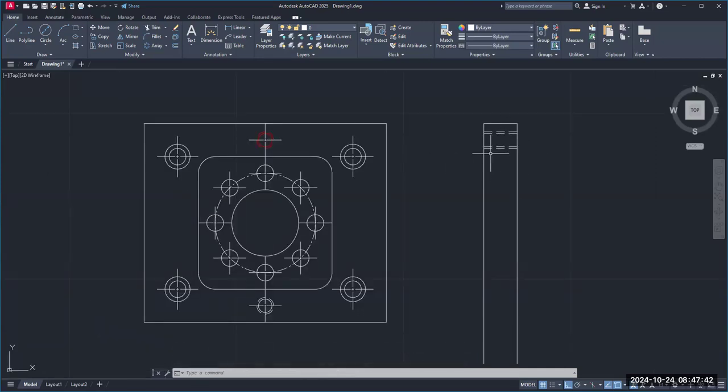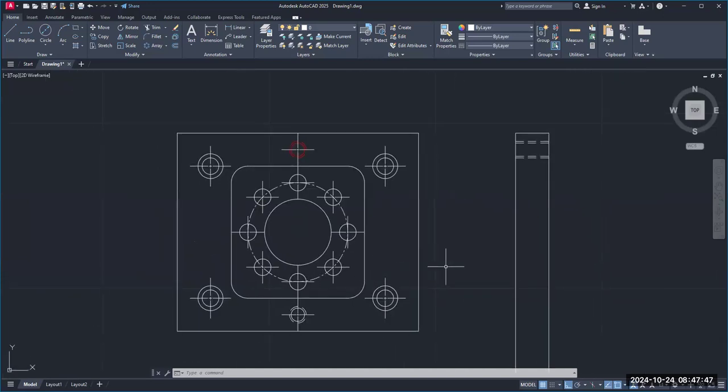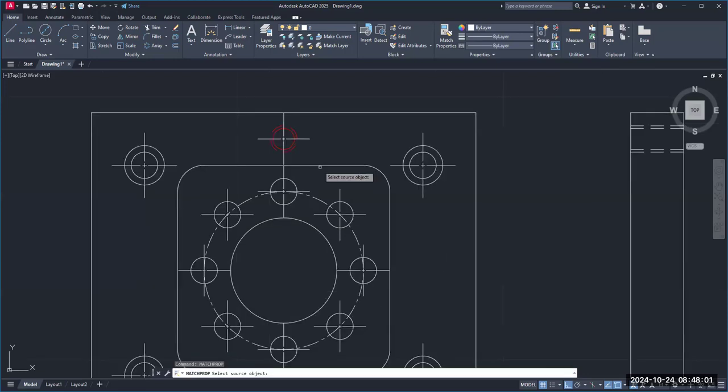Okay. Now, we have to come over here and do the same thing. We have to change this. But I'm going to show you a new command. If you type in match prop, which means match properties, enter, and if you select this red line, this red circle here, enter,